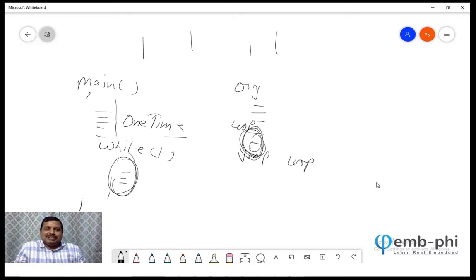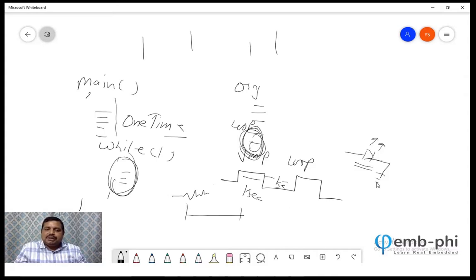Now consider I want to turn one LED on and off after every 1 second. After every 1 second I want to do this thing, like one LED has to blink after every 1 second. So how best can we do this? One method is how we did in the previous question, hit and trial: we give some value and then somehow we find 1 second. But we are not always able to do it like this.